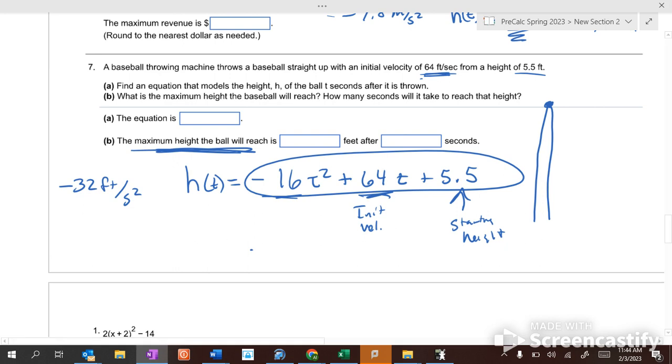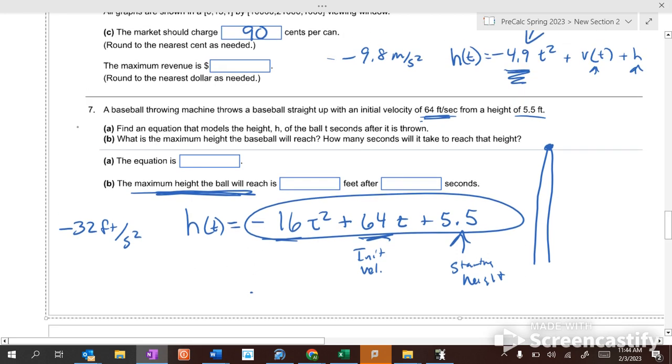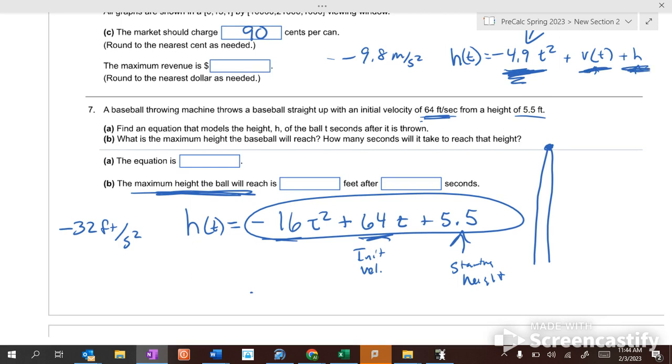So if you get a metric problem, it's negative 4.9 t squared, your velocity and your height. If you get a feet problem, an English units problem, it's negative 16 t squared, then your initial velocity times your t, and then your starting height. Okay? So that's how you set it up. Graph them on a graphing calculator so you can